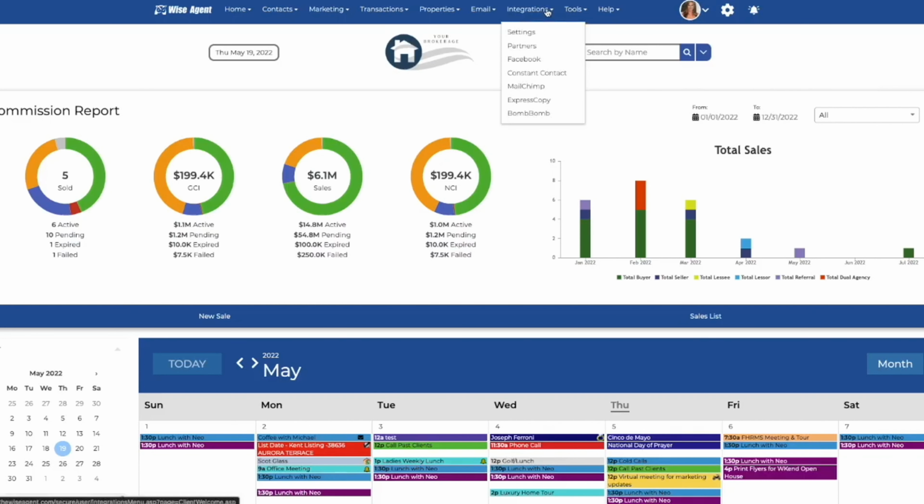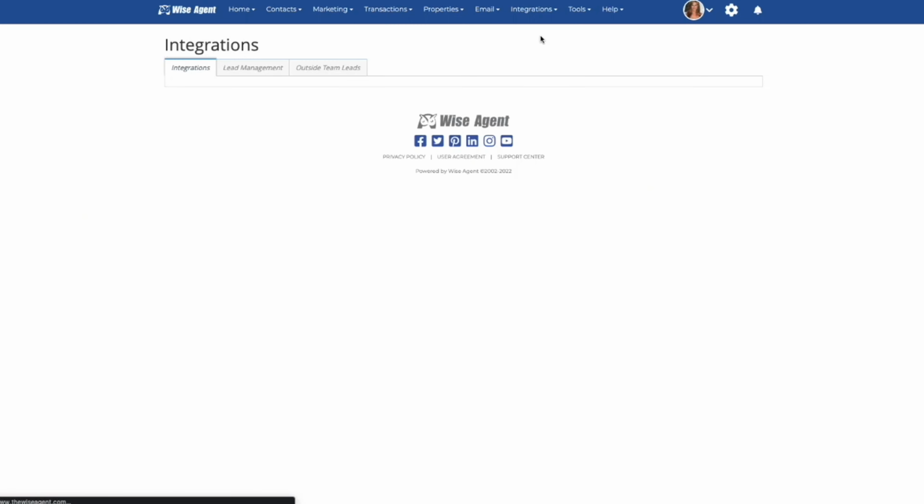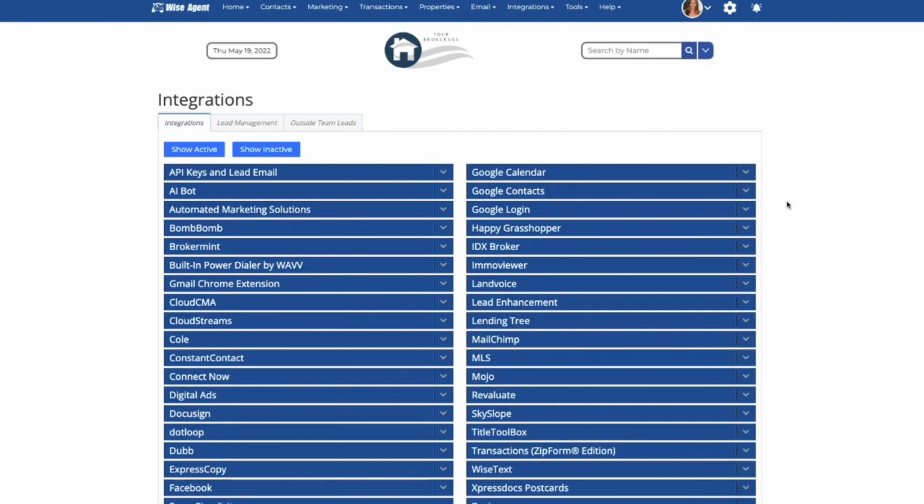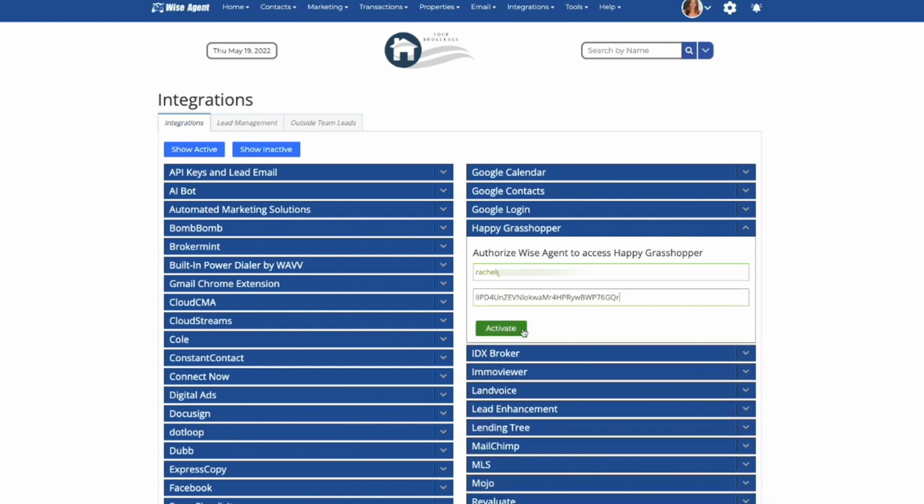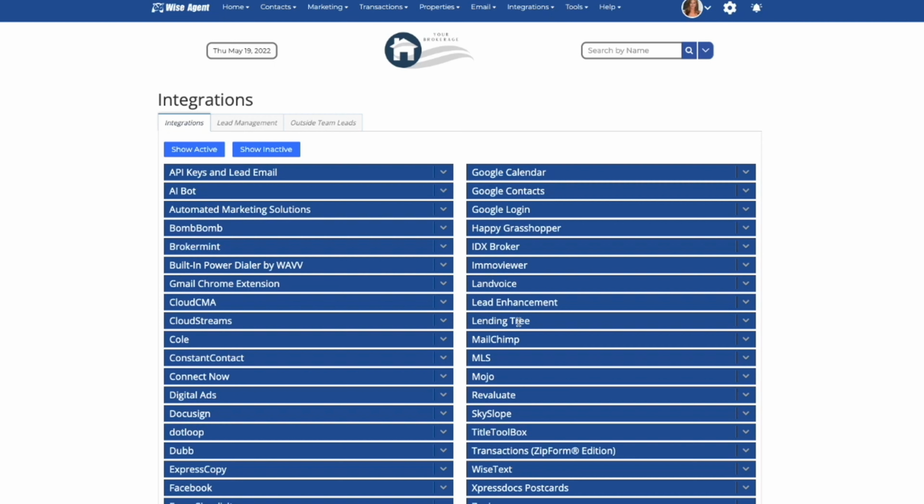From the home page of your WiseAgent account, you will need to click on Integrations and then Settings. From this page, you will click on the Happy Grasshopper section, and there you will see the field where you can paste in your API key. You will also need to type in the email address associated with your Happy Grasshopper account. Once you click on the Activate button, you will now be able to push contacts from your WiseAgent account to